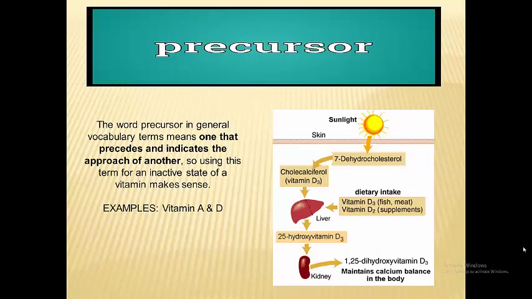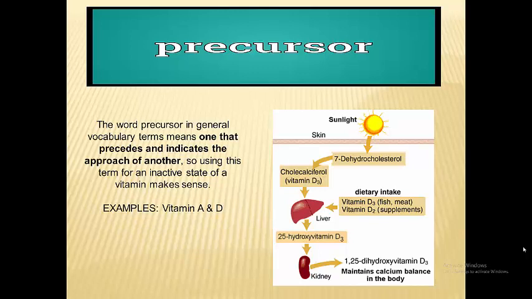And in general vocabulary, the word pre means before, right? So a precursor is something that comes before something. For example, in a different context, you might say there was a little shock wave that ran through the ground. It was a precursor to the big earthquake, something that comes before something else. So in nutrition, when we talk about vitamins in an inactive form, we say that's their precursor form. They have yet to be activated.